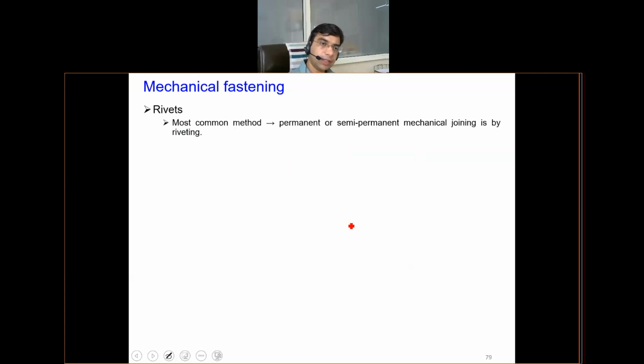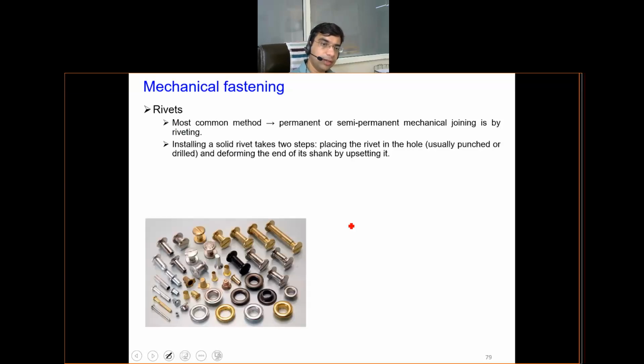Then there are unthreaded fasteners, which include rivets. In rivets, you will observe they have a very smooth surface, no threads are present. Riveted joints are also very popular. They are sometimes considered semi-permanent or sometimes permanent joining. Compared to the threaded fastener, what is important is that a riveted joint, if you want to take it apart, generally you have to break the rivet. So we can consider it a semi-permanent or permanent joint, but not a temporary joint.